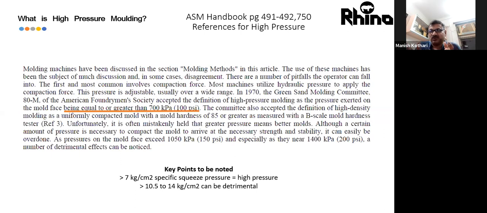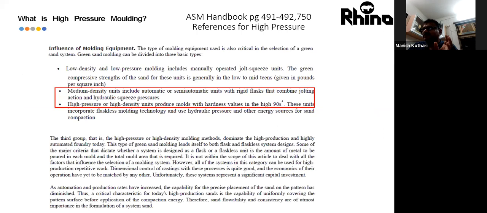If you take a smaller size on a larger machine, then the force will be divided onto a smaller area, and that is why it would go a little bit more than the lower pressure, into a medium pressure. But I don't think that it would cross 7 kg in any case, because that requires a much larger force. So this is how we designate high pressure molding, based on this definition.